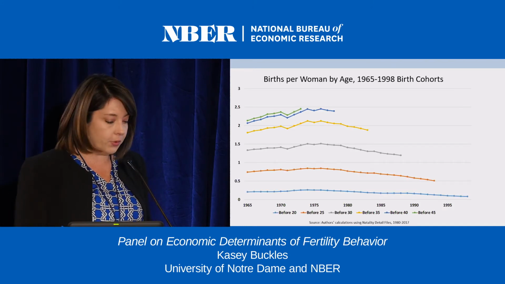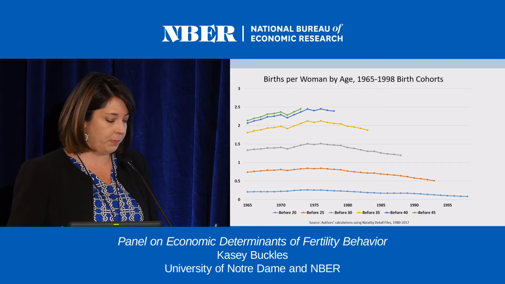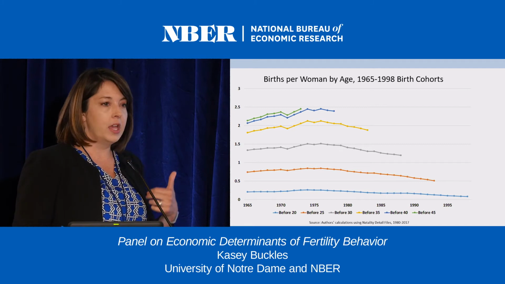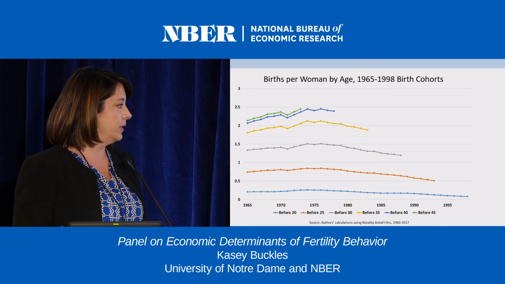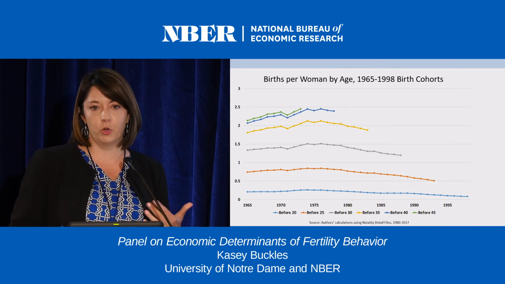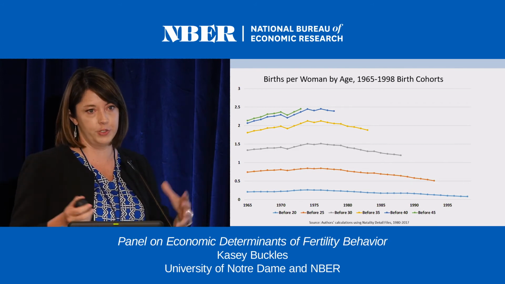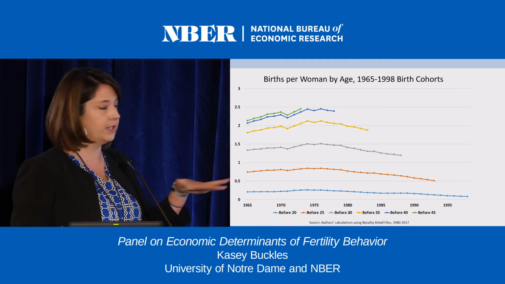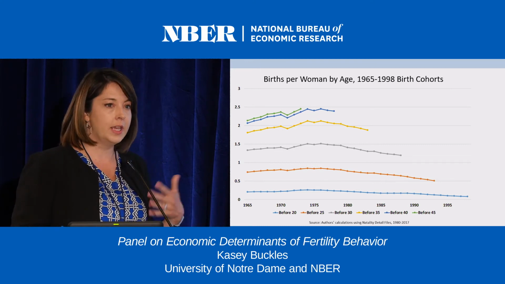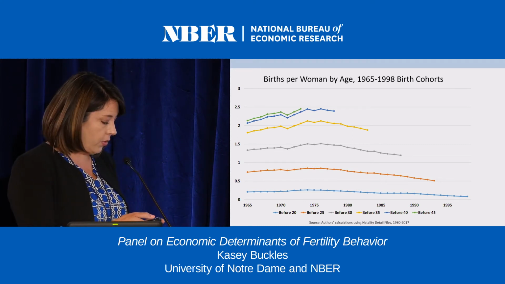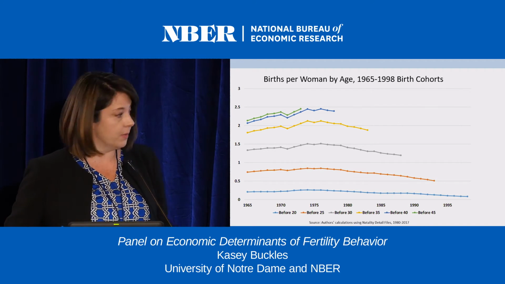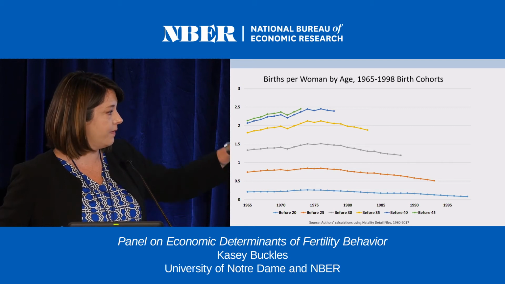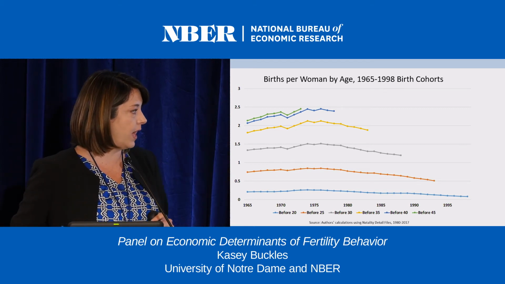All right. So to do this now, I want to look at a picture that's similar to some of the ones that Martha was making. We're again shifting to a cohort measure of fertility. She was constructing hers using the June CPS fertility supplements. Here, I'm using the birth certificate data. So I'm collapsing all of the years of the birth certificate data, calculating the number of births to women born in different years, and then dividing by the size of the cohort at age 15, taken from the census, right? So what we see here, in the bottom line, is the total number of kids had before age 20, and then we go up to before age 25, 30, 35, 40, and 45.